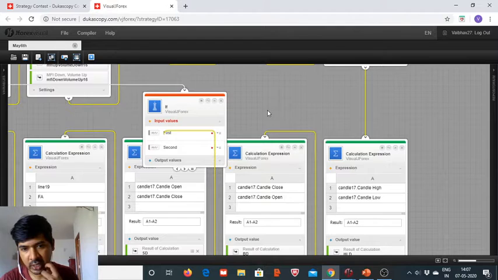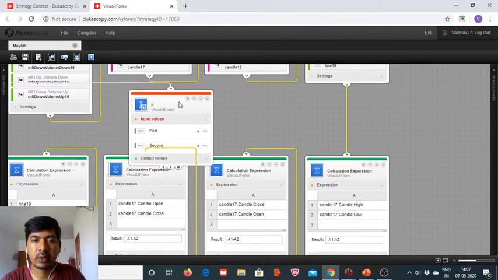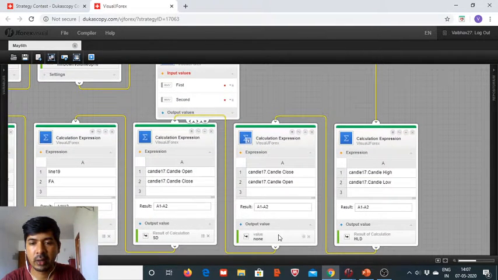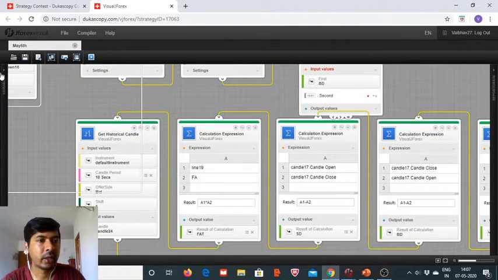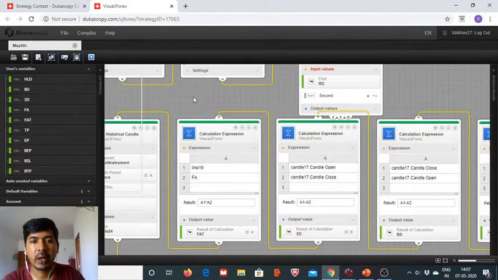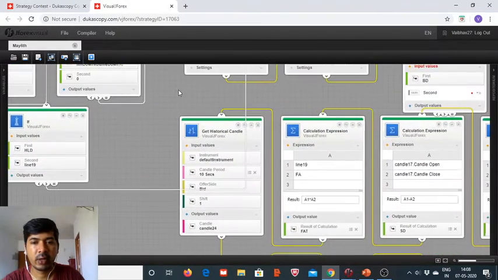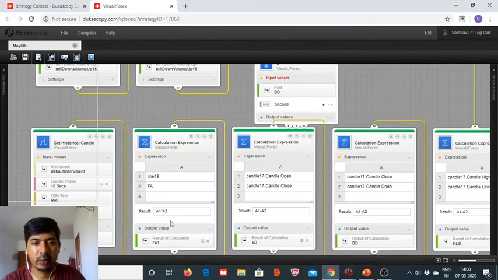Now what we were doing, we were checking on the difference between the last hour's closing and the opening level, and we want the buy difference to be more than half of ATR on the hourly time frame. So we take this result BD, and we have done further calculation here. This FT is, I think, let me just make sure once again. Yes, so we have multiplied the ATR value line 19 by 0.5 to get 50% of the ATR, and the open and the close difference should be more than 50% of the ATR. So we take this and we do the comparative analysis,